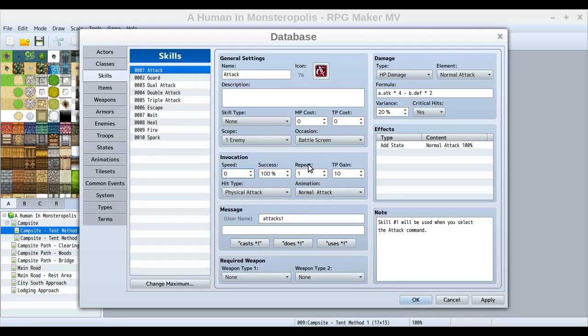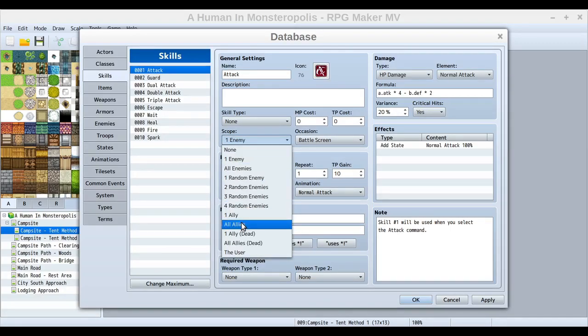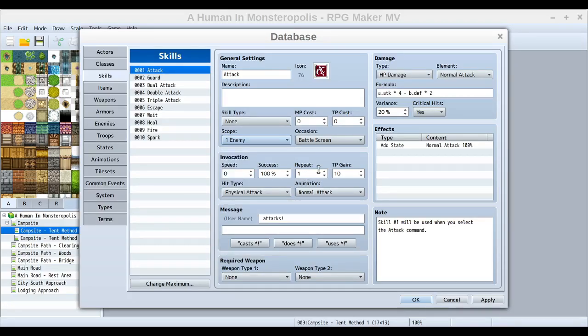The number of times that it repeats, that's the number of times the effect is applied to the target. So this is one way you could do a double attack if you wanted, but they've already got that put together here with double attack, triple attack, that sort of thing. But it would be potentially useful if you wanted to make something like a heal spell that, instead of working on all your allies, could be one ally, like 2 different times or something. There's ways you could put that to good use.